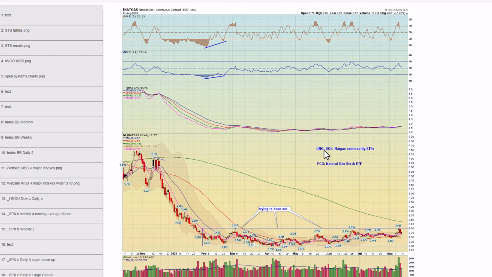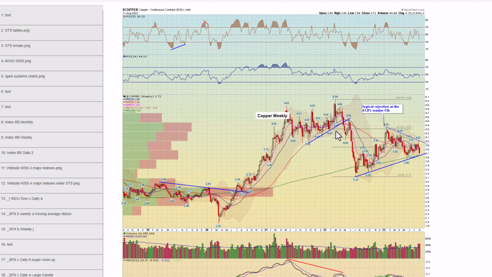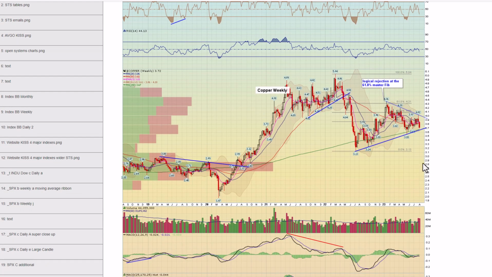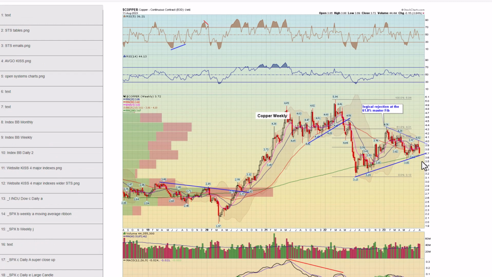By the way, UNG, BOIL are the ETFs, and FCG is a way to play the natural gas stocks. It's an ETF. Next. Chart 82 copper weekly view down 3.84%. This is looking precarious. If it loses this lower uptrend line, you could almost see a slanted head and shoulders here. Things could get ugly,